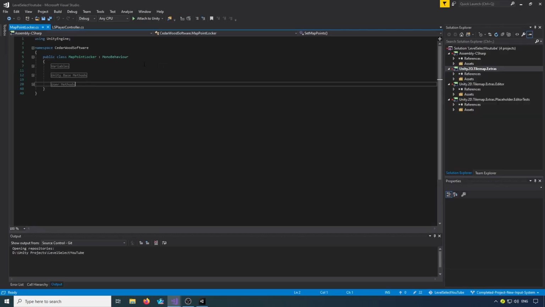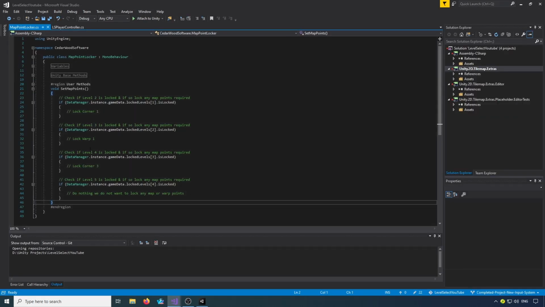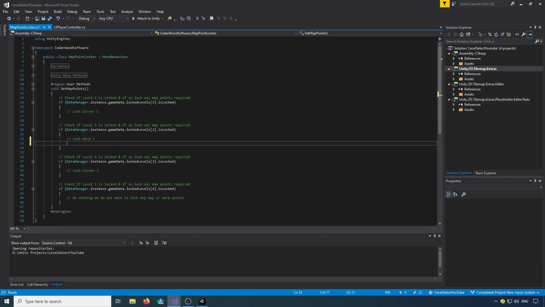I don't know. And we just want to lock off the warp point, so we're going to do map points point 1 dot is locked equals true. Go ahead, save that,